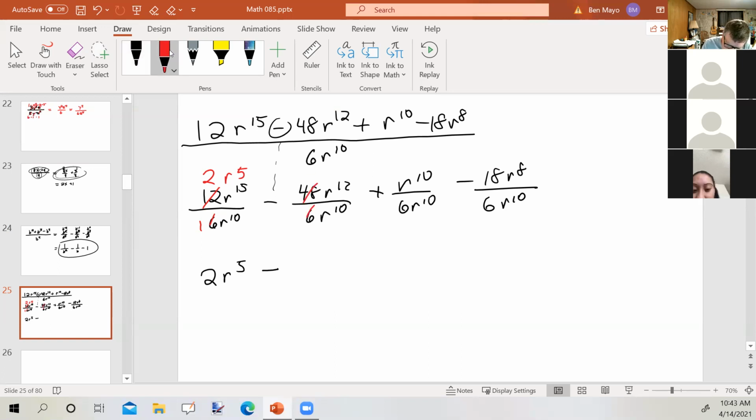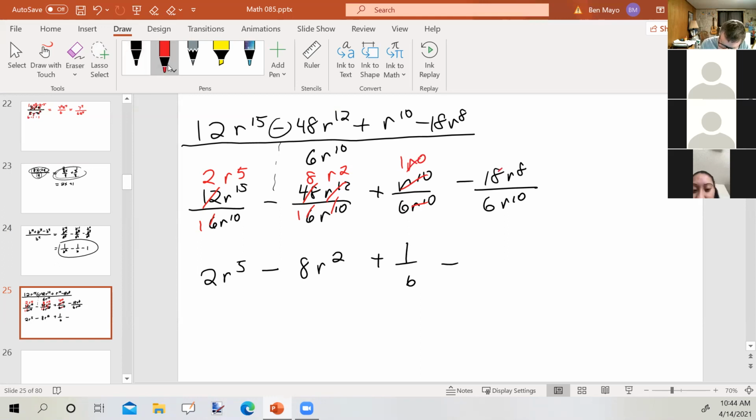48 over 6 is 8 over 1. r to the 12th divided by r to the 10th is r to the 12 minus 10, or r squared. So we get minus 8r squared plus r to the 10th over r to the 10th would be r to the 0, which is just 1. So we get plus 1/6